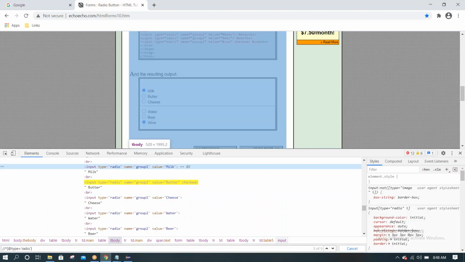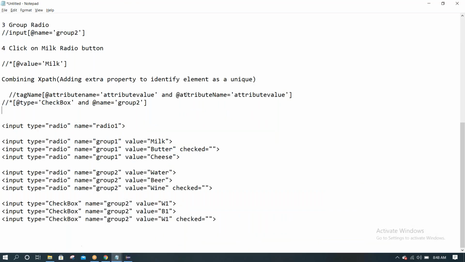See the element properties, take a notepad and write like this, and then copy and paste it in the HTML window again. In this case, if you want radio buttons, type equal to radio.